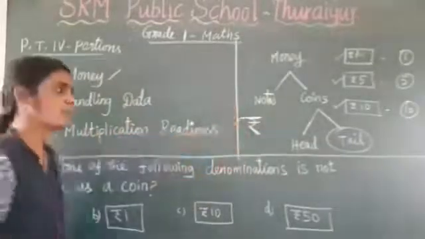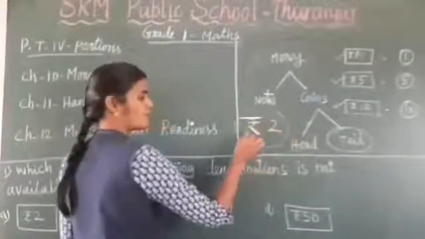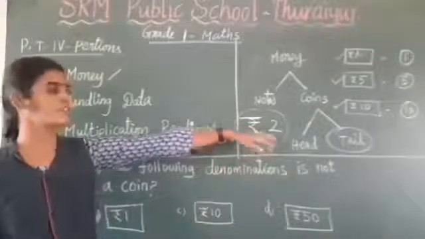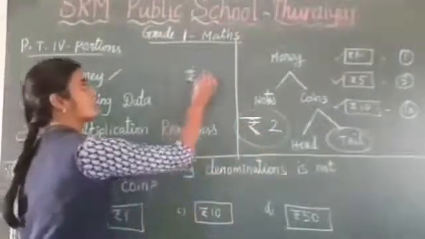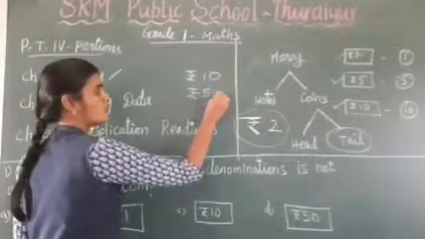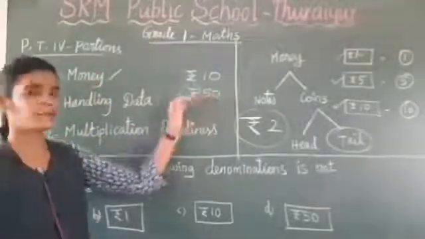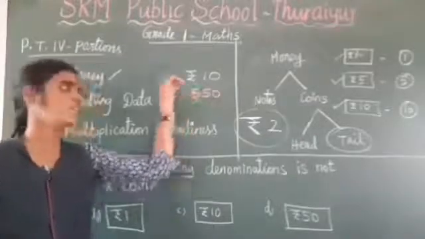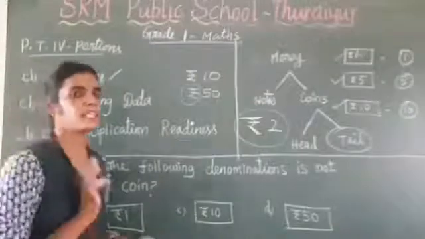Before any number, how did you read? After this symbol, we can write any number, and you have to read it as, this is 2 rupee. If you are writing like this, 10 rupee, 50 rupee. So this is called rupee. If you are writing the symbol before the value of the money, you can read it as 50 rupee, 10 rupee. Okay. Otherwise, one more is there, paise.